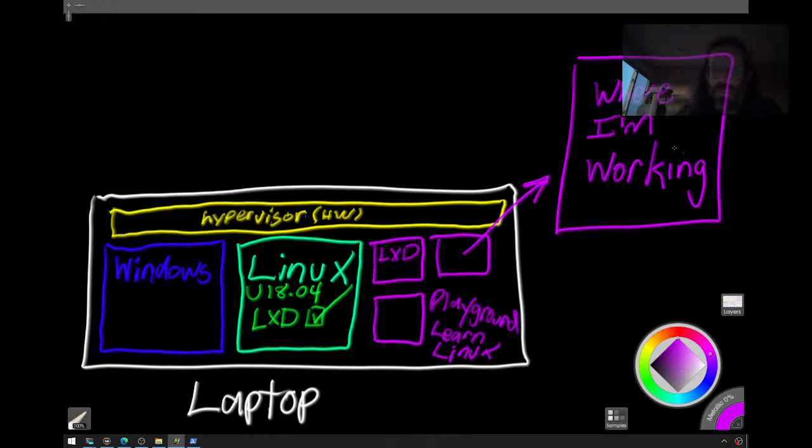And you get that by having Ubuntu 18.04 as the easy path. There's other ways to do it, but when you have that installed, all you have to do is